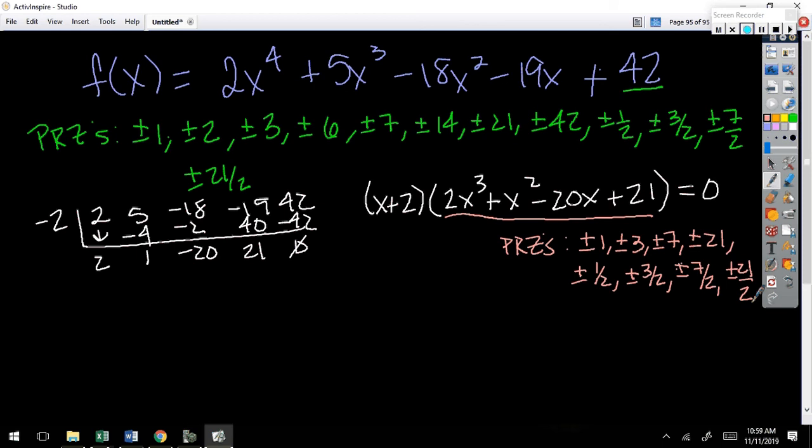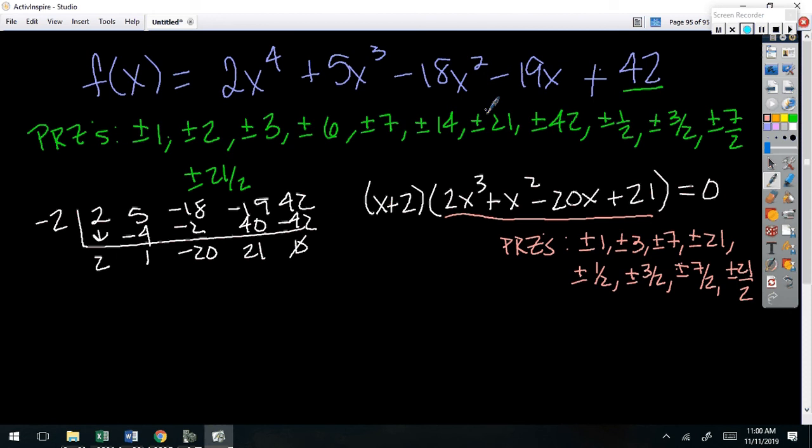Now remember, this could be a long process without a calculator, right? Without a calculator, I'd start at 1 and I'd start going there, or whatever you like to start with. Eliza, did you find another one that might be convenient for us to try at this point? Well, you don't have to, it's still going to be the same zeros. We're still finding 1.5, which is 3 over 2. I would never start with that if I were guessing. If I were plugging in and doing synthetic, because I can go much quicker with whole numbers, I would rule out the whole numbers first, right?